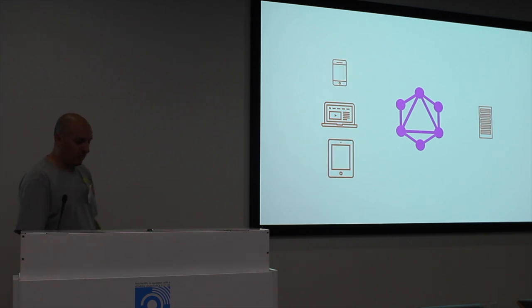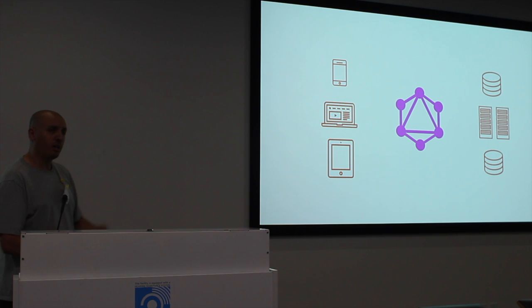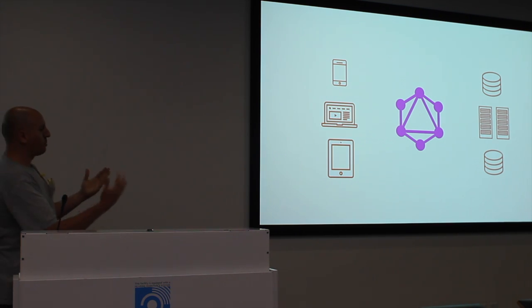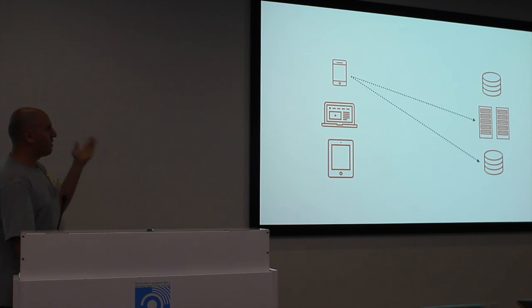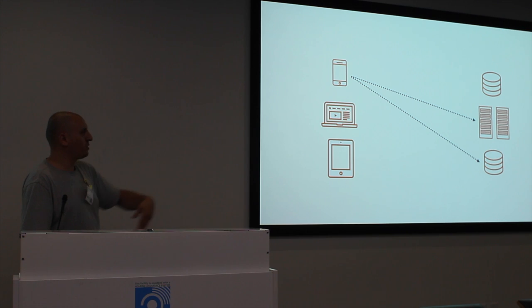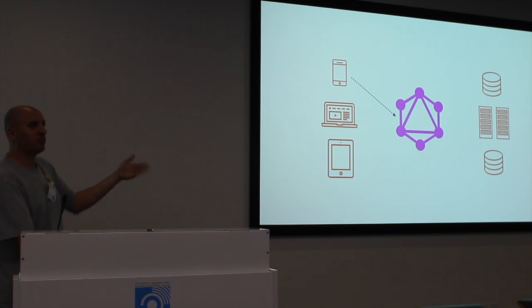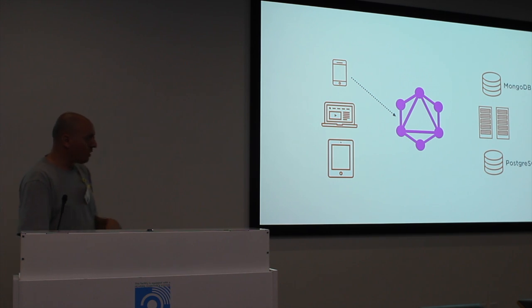If you have multiple clients and if you have multiple data services, GraphQL does all the logic of communication between all these elements. So instead of a client going to 2 data services, you can just have it ask GraphQL, and GraphQL will communicate with multiple data services.